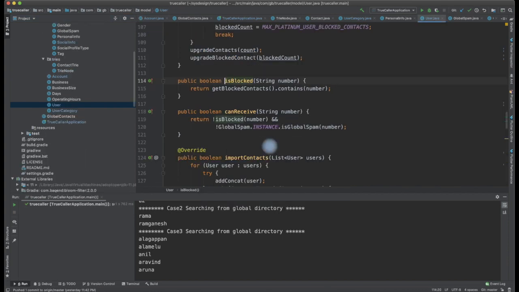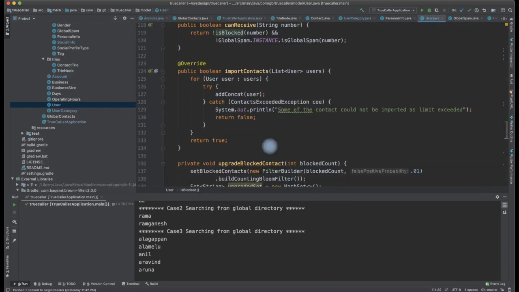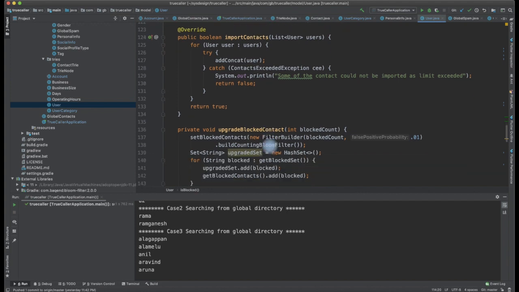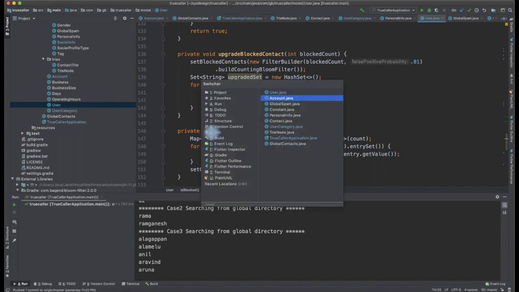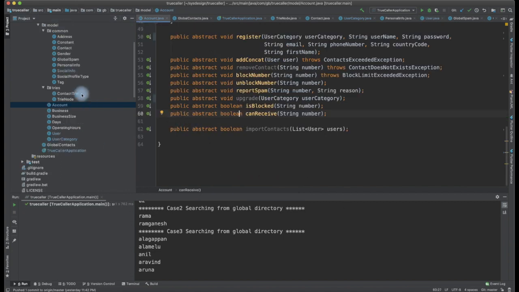The next is import contacts. So we have our phone application which has all the users, and we are going to add the contact. What does add contact do? Add contact adds to it, and it also adds to the distributed directory as well, right? It builds the local tree, and it also adds to the distributed tree. That's what we discussed. This is the user's behavior, right? And we have done that. Let us look into